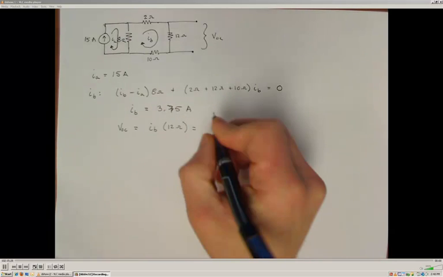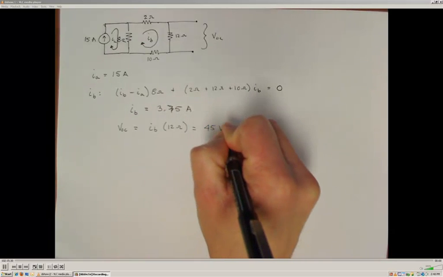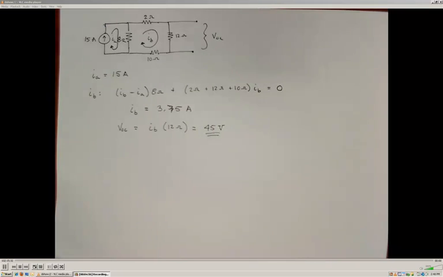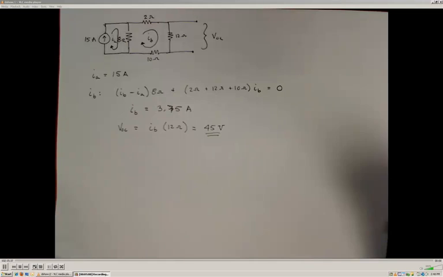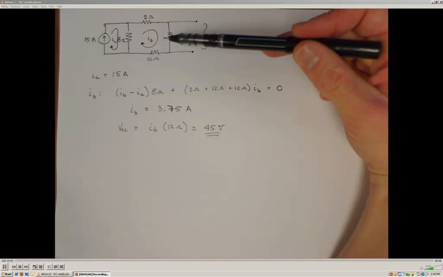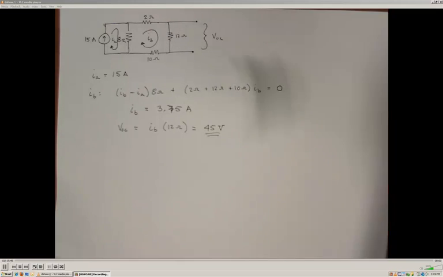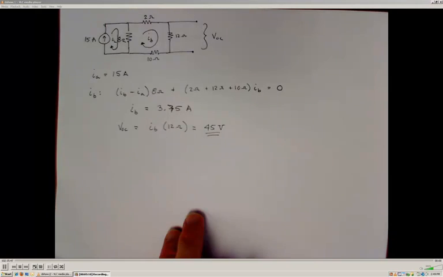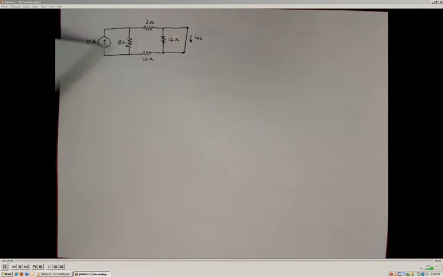3.75 times 12 gives me 45 volts of potential for my open circuit voltage. All right, so just want you to recognize that sometimes it may be more advantageous or easier to go ahead and solve for a voltage using the mesh current method. Okay, so now that we've determined that the open circuit voltage is 45 volts,